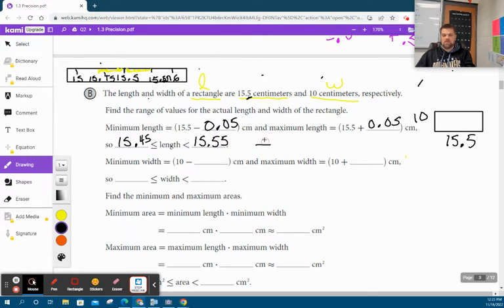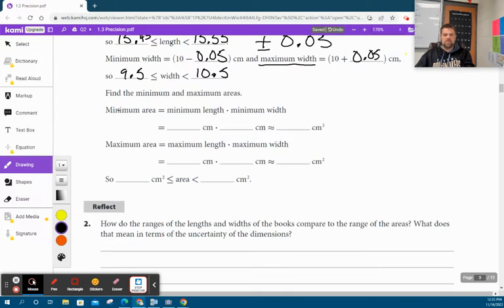And so what we're doing is plus or minusing 0.05. We would do the same thing for the width. The width is 10 minus 0.05, or we're adding, the maximum width could be 10 plus 0.05. And so that gives me the width could be anywhere between 9.95 and 10.05. And so when we continue on this problem,